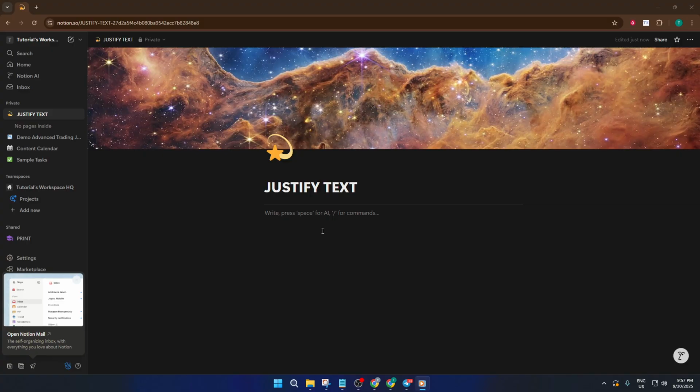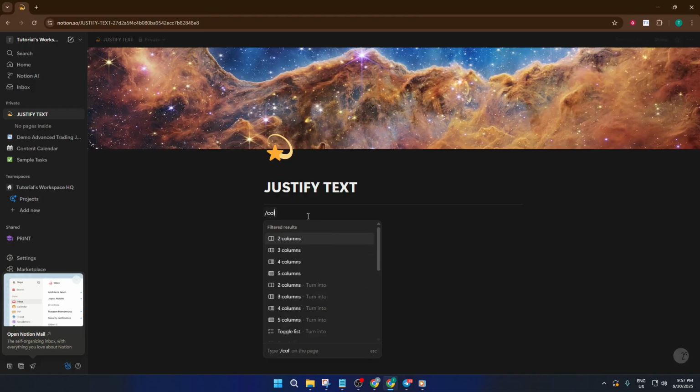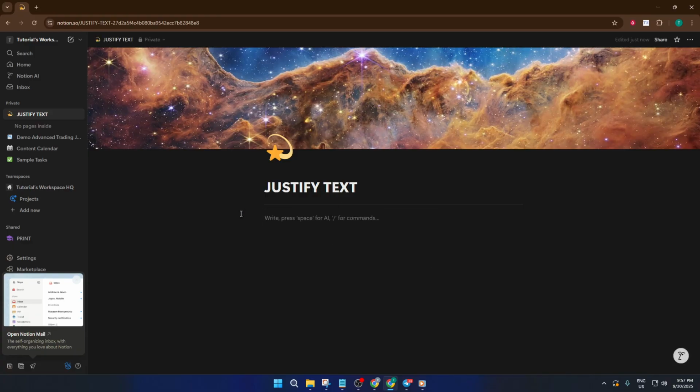Start by heading to the section of your Notion page where you want to add justified text. If you're working on an important document or maybe creating a sleek portfolio, good formatting can really make your content stand out. Now, type /columns. Yep, just a slash, then the word columns. This will trigger Notion's command prompt, where you can build columns in your workspace. It might feel like a roundabout way to format text, but trust me, columns are the backbone of this justification